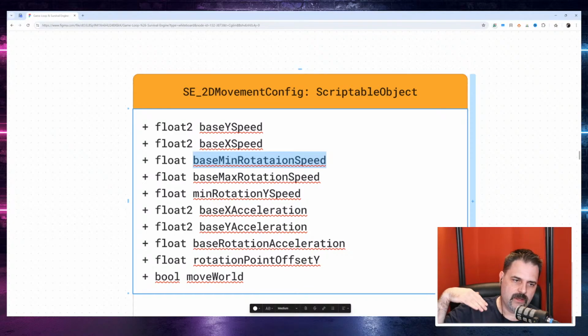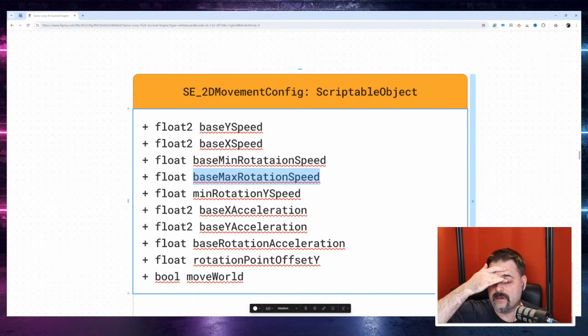If I want it to rotate right away with the full speed, let's say you do something like a spaceship in space, which rotates in space. Of course, this is 2D, but then you set them to the same value, like let's say 5 rotation speed. But if you want something which accelerates towards a higher speed of rotation, then I have to set a minimum, like it starts from 0 and goes up to